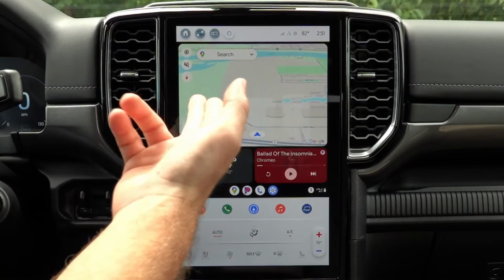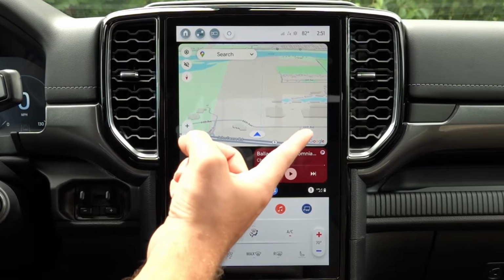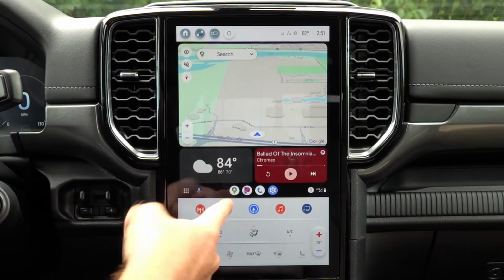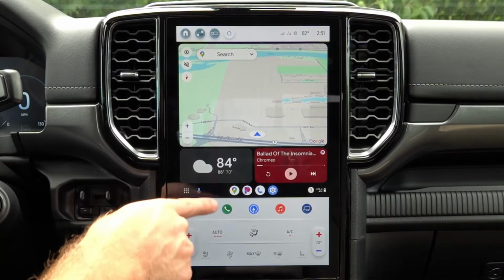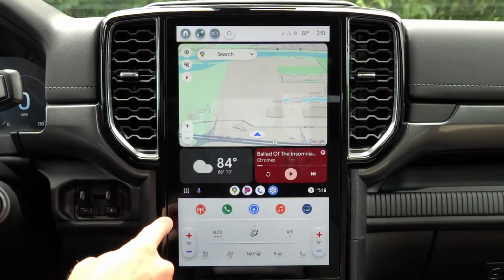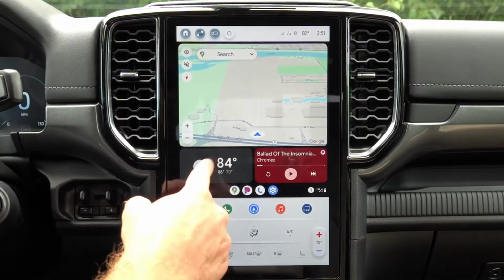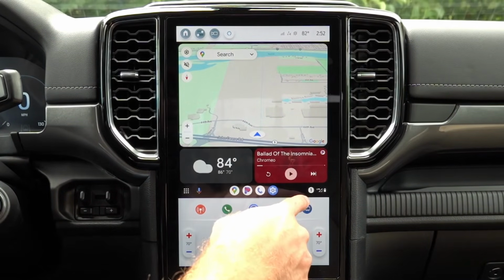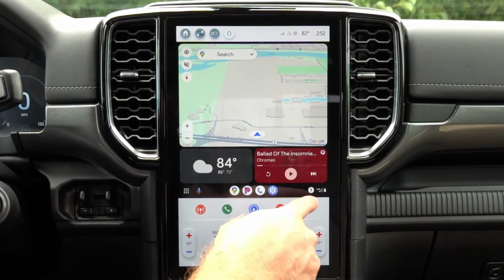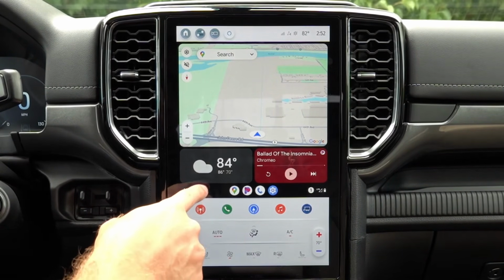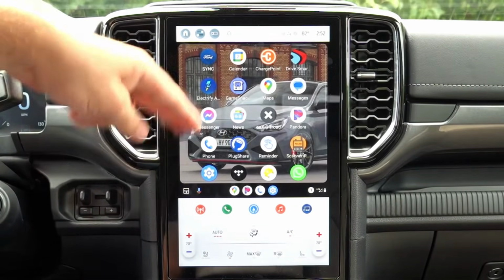Now, of course, you have Google Maps integration. You have some of the other functionality there. Weather, current music or audio being streamed via Android Auto. You have your quick select icons down here, which are sized appropriately, I would say, to that of the Ford icon. So good job on Ford for kind of mimicking all of the icons roughly the same size. We have your Android Auto notifications, battery life of your cell phone, as well as cell signal over there. Quick access to voice commands right here,